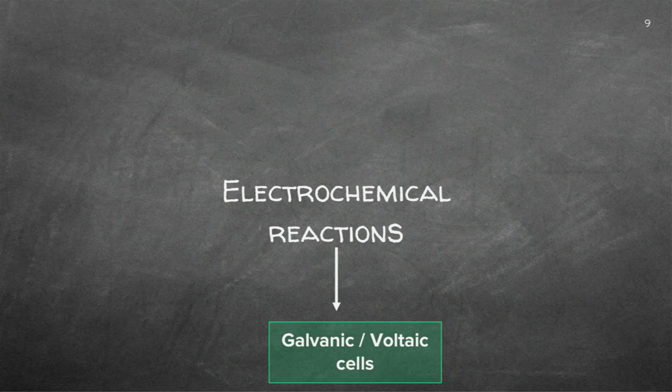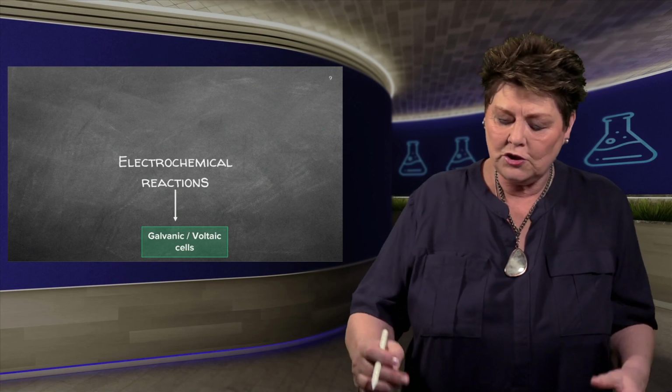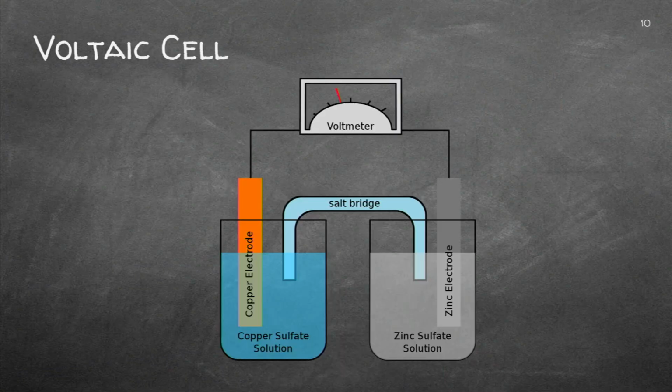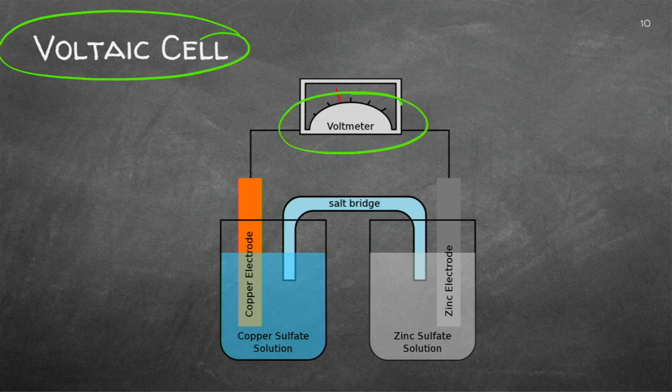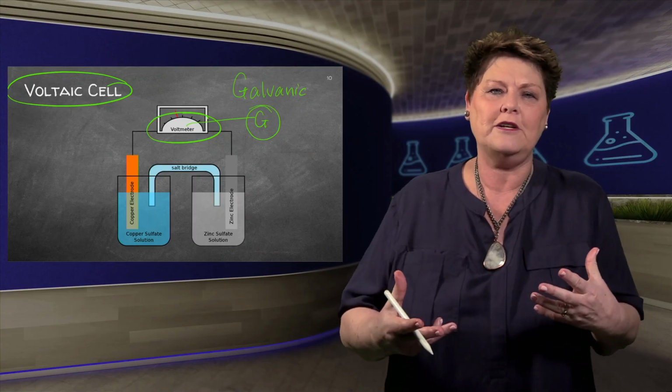We've got galvanic and voltaic cells. Now, that's a new concept. You've done that in previous grades, but we're going to follow with that for a few lessons in this section. You need to know that when I'm looking at a voltaic cell, I actually have a voltmeter there. If I'm looking at a galvanic cell, which is different only because you'll have a galvanometer there, both of them will indicate current or electrons being transferred.